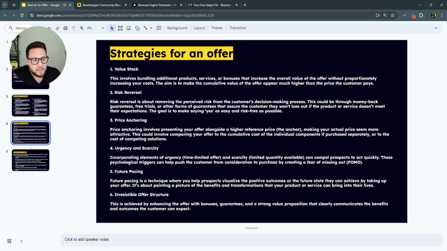Price anchoring is something that we don't necessarily use too much. It's a different type of structure for a different type of offer, for different types of solutions than what we tend to sell. However, it is something that works, and it's a psychological thing. From my understanding of it, you're anchoring your price to something that the consumer perceives to be of more value,